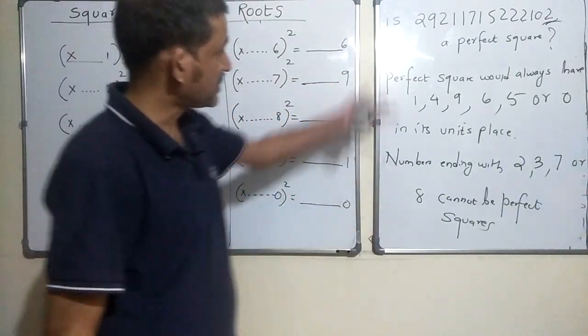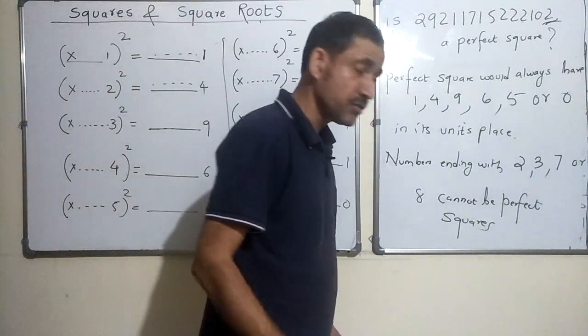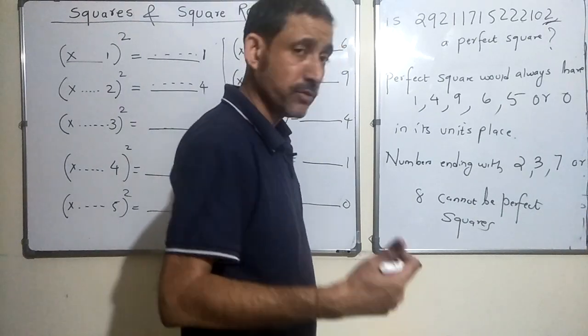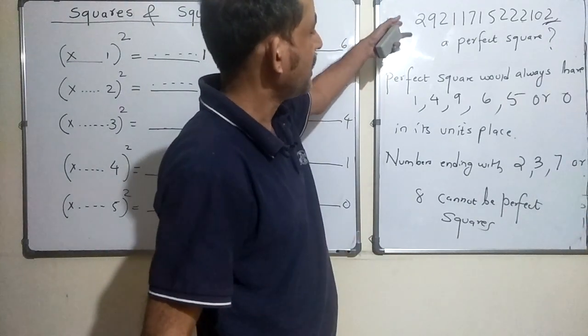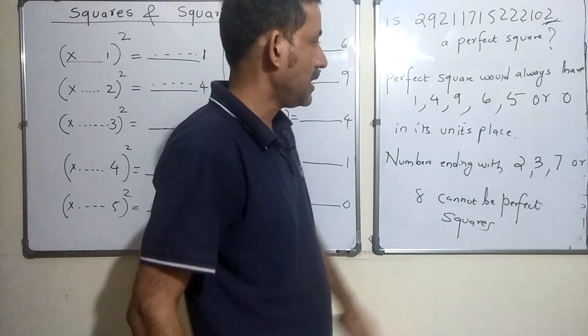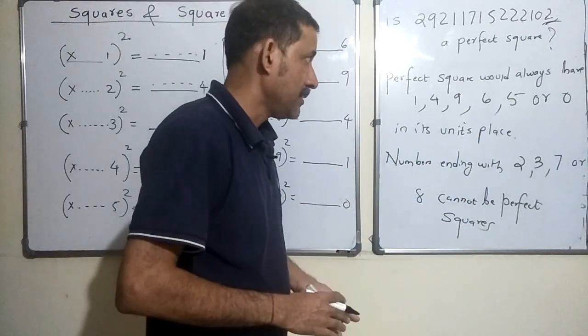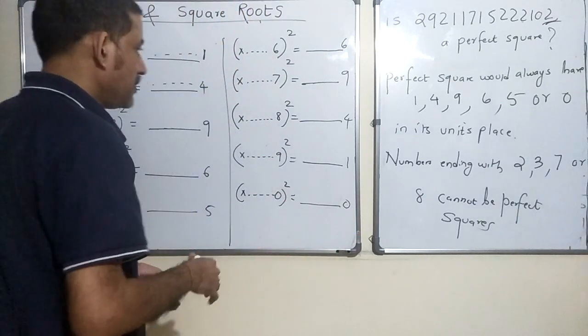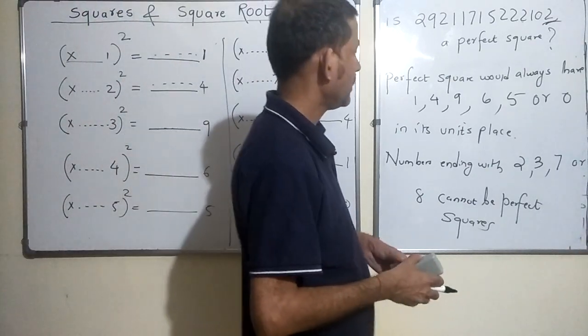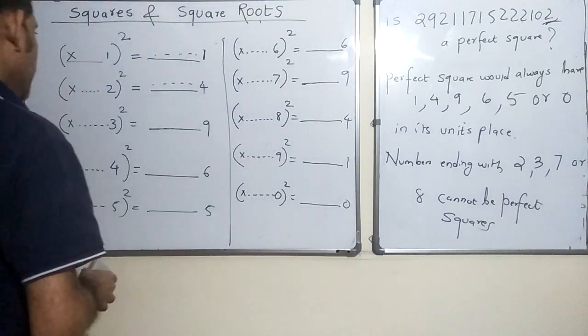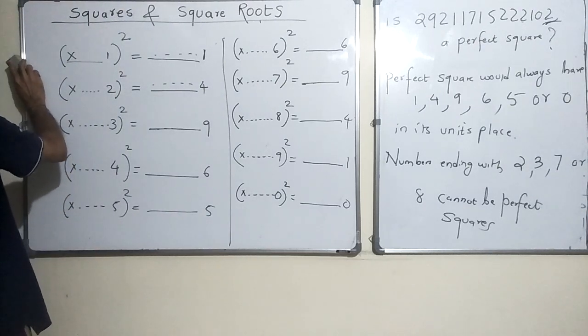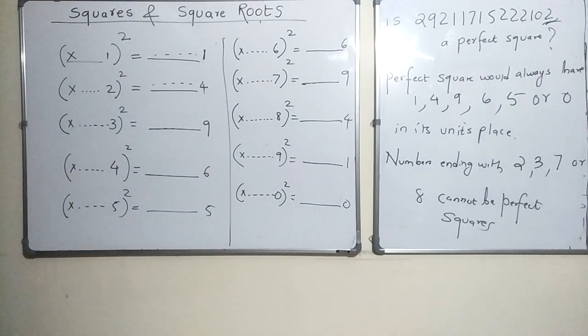So in the exam they may ask you a big number just to scare you off, but I know you are not easily scared, right? So when you look at the number, just look at the last digit and just use this idea, right? Whether it can be a perfect square. In that case, you will be able to find it quickly. All right. Okay, good. So let's move on to the next property.